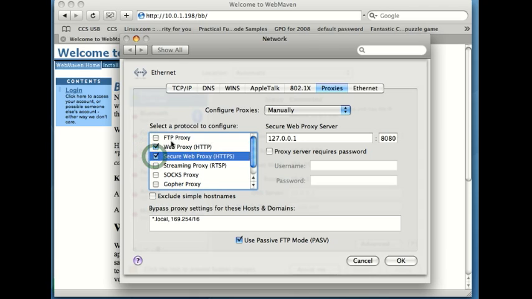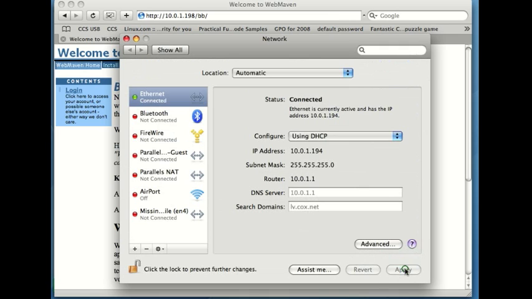So I'm going to turn on the web proxy and the secure web proxy, which means that my regular web traffic and my SSL traffic are both going to try to go through a proxy. And then I can configure these individually and change, in this case, just the port number. The port number is going to be 8008, and I'm going to make sure that both of them are configured the same way, so that if I end up handling any SSL pages, those will also be going through that proxy. Once those settings are set, I can simply click OK and then apply that and close up my network